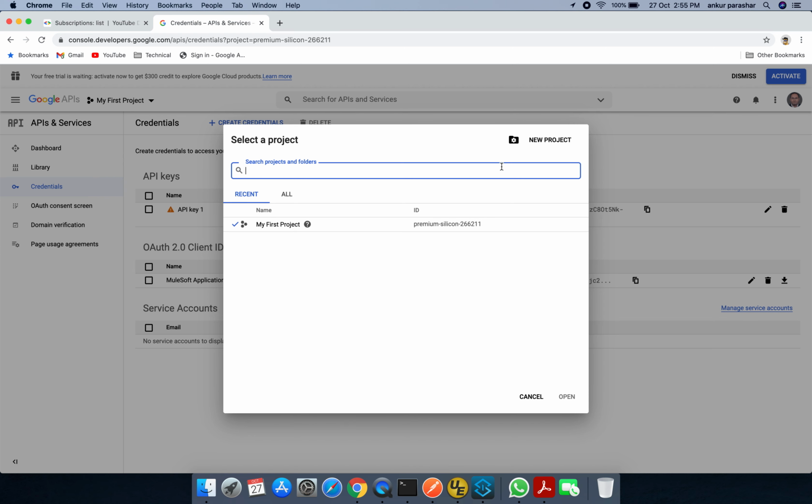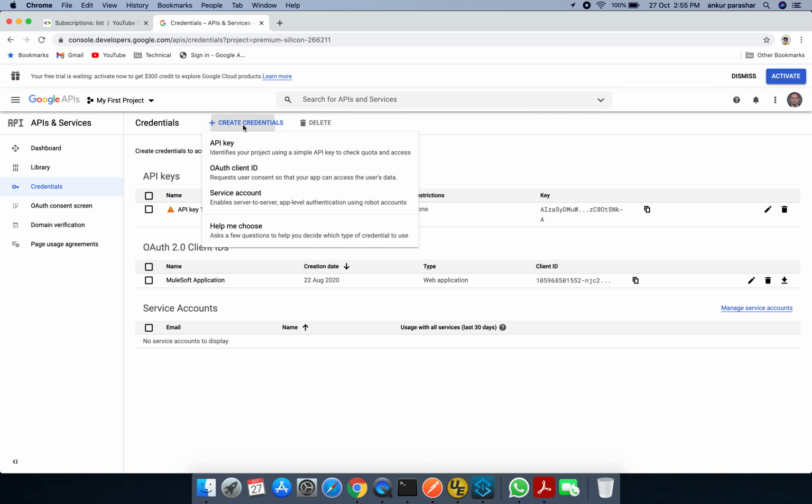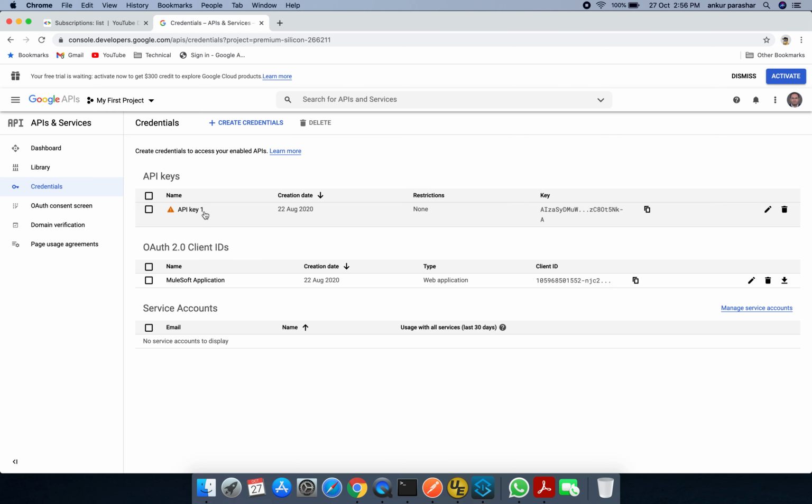Similarly, you can create one by clicking over here as a new project, and once it is done, you can create some new credential. Just click on this page and click create credential, pick the first one, that is API key, and it will appear something similar to this, as you can see over here.